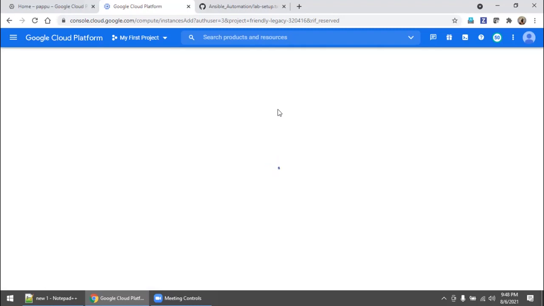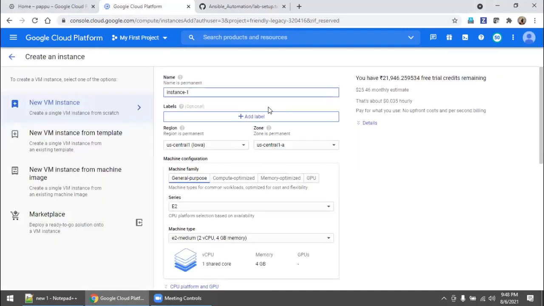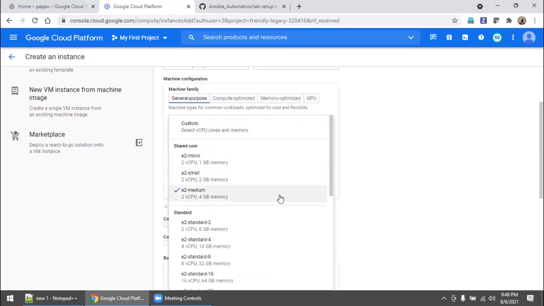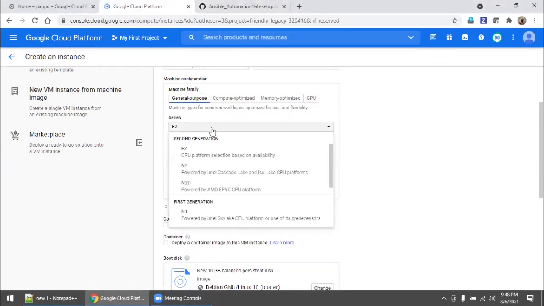You can create one CPU, 1 GB RAM, or the minimum we need is one CPU, 512 MB RAM. I'm going to name it server. Come down. 2 CPU, 4 GB RAM, I don't want to go for this. Say previous version, we can go with E2.